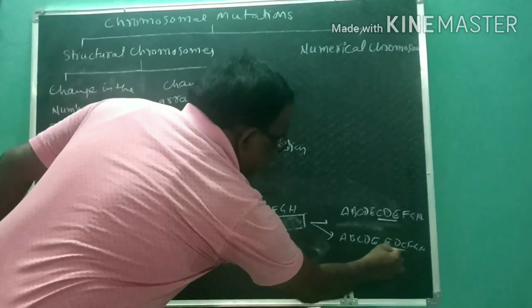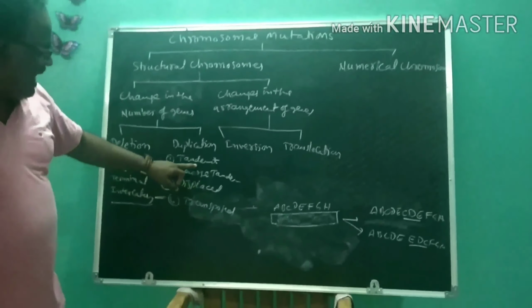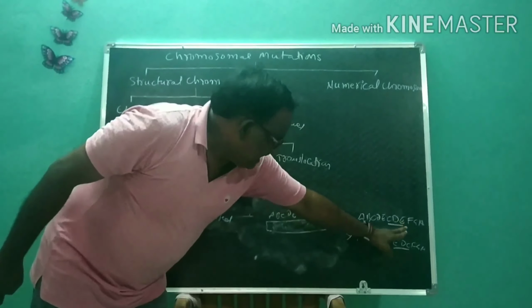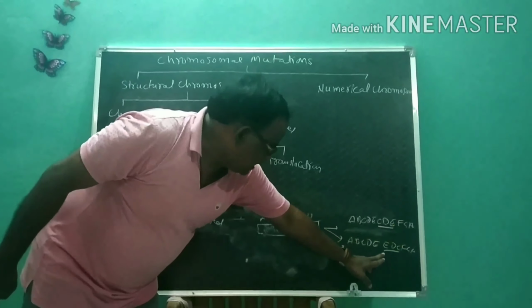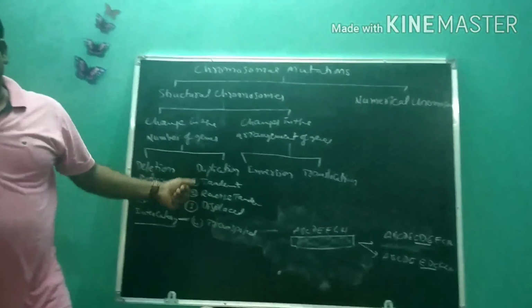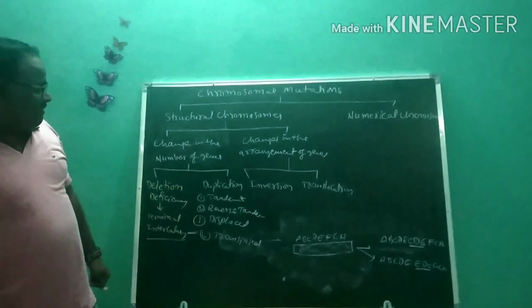So what happened here? In the tandem duplication, C, D, E just change here: E goes this side, C that side. That's why it is EDC. That is called reverse tandem. Next, the third one,